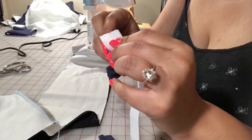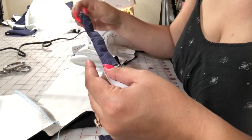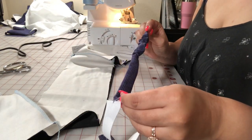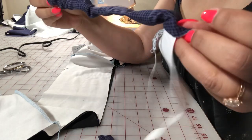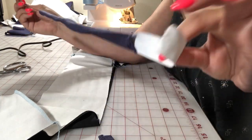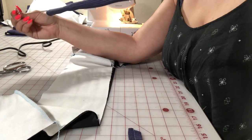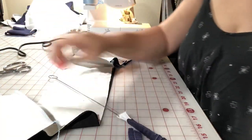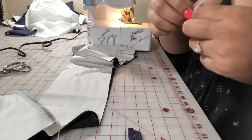Okay. Elastic, check. Strap opened. Okay, there we go. Hang on to the end, still holding on to the elastic, or to the strap, I mean. Pull it all the way through. Now you can take the looper off,